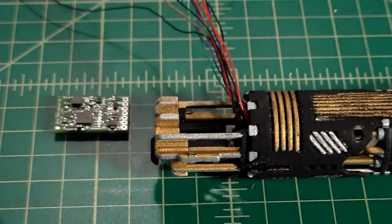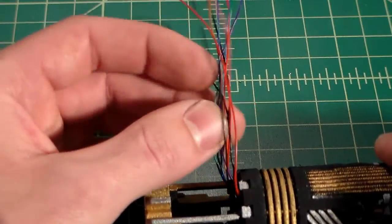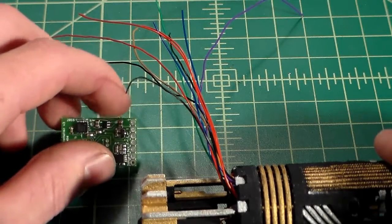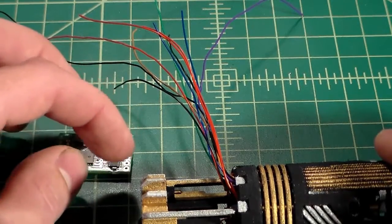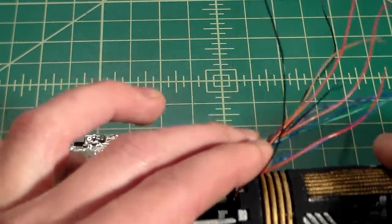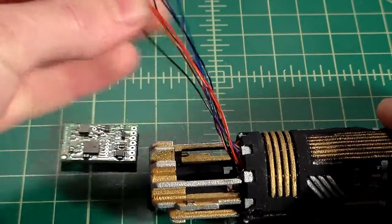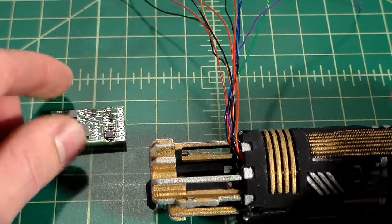So it really makes this very simple, and that's why I've chosen each wire color the way that I have, so that I know that all the ones going to my positive pad are red, all the ones going to my negative pad are black, and each other pad gets its own individual color. It makes it very simple when trying to figure out which wire does what and which one goes where, because when you look at just a rat's nest like this, it can be kind of daunting. But now we know which one does what and which goes where,